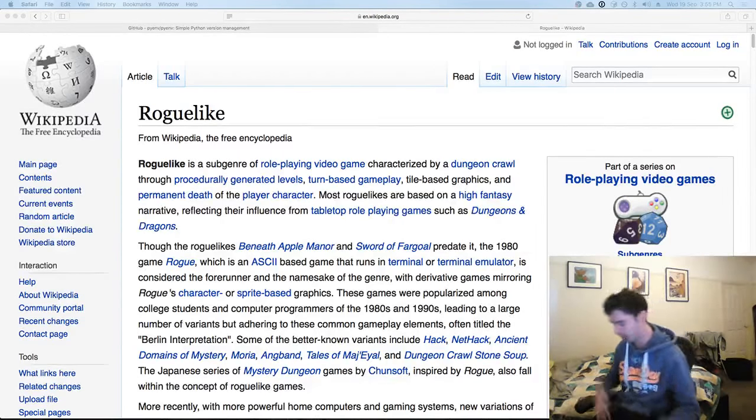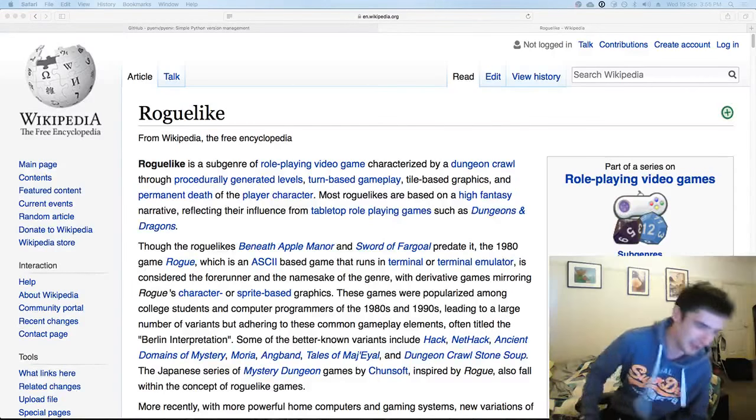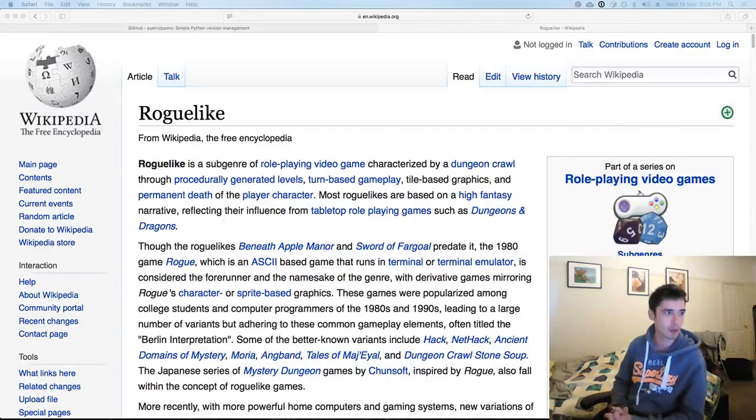So yeah, what's the point of this? What am I doing here? I am looking to just brush up on my Python skills, use the new Python features, Python 3.7 in particular, and to make a roguelike, which is just a type of game. So I guess to start off,